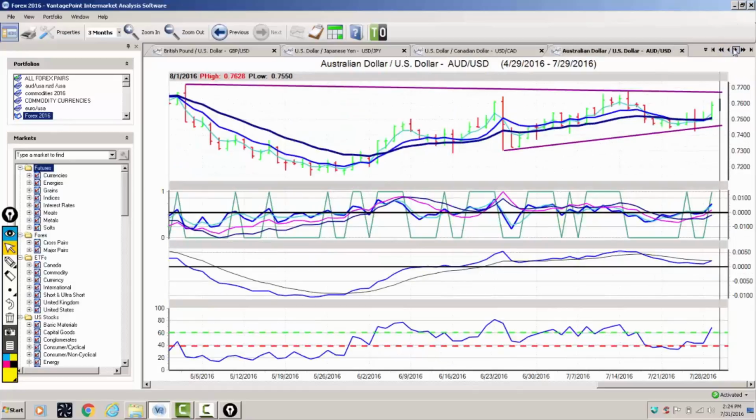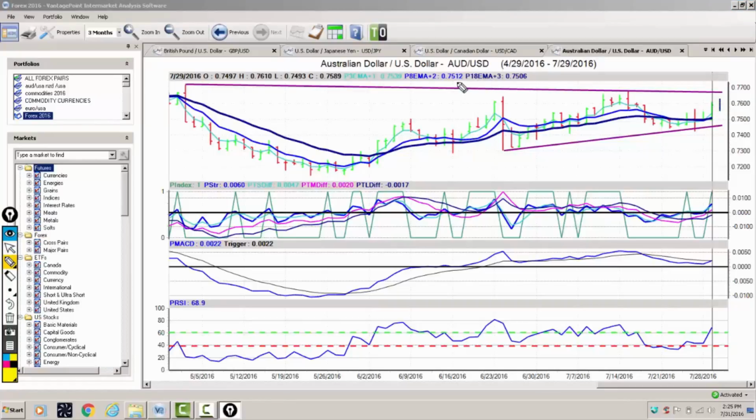Now, when we come into our final two pairs, Aussie US and New Zealand US, these are driven by a couple of different things, but they are very similar trades to that US Canadian pair. So as long as US Canada is going down, guys, Aussie US is probably going higher. New Zealand US is probably going higher. Now, we've got a fresh triple EMA cross, but again, we want to understand those key vantage point levels. Right now,